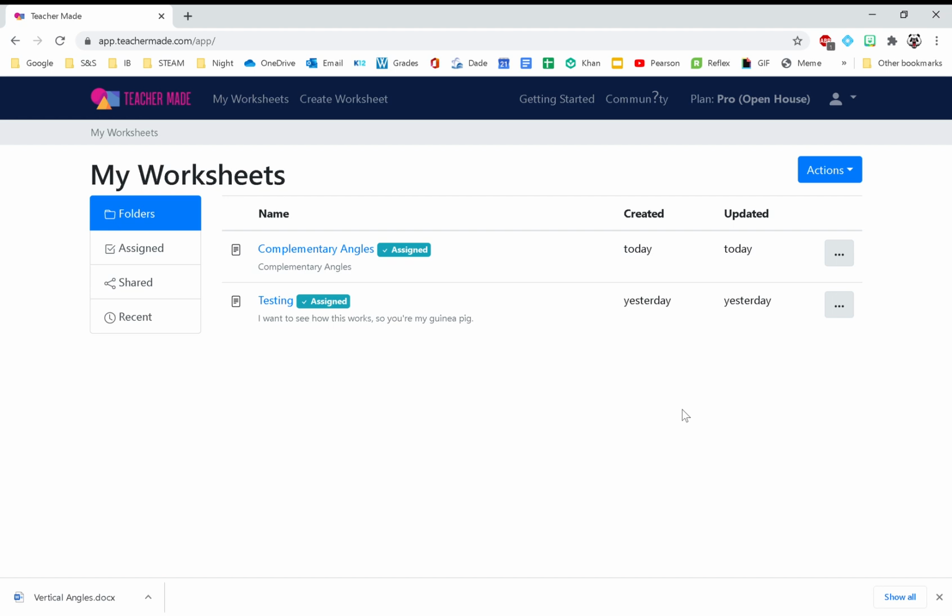Once you create your free teacher account on TeacherMade, you're going to get a screen showing you your worksheets. Yours will be blank, of course. You're going to have the option up top for My Worksheets, and then you have another option called Create Worksheet. When you click on that,